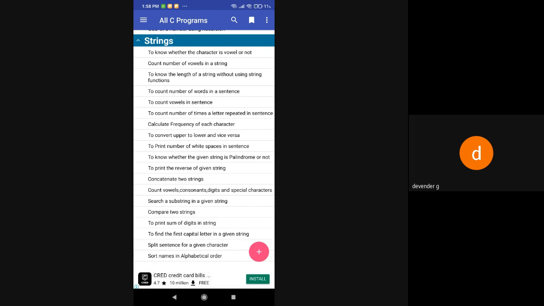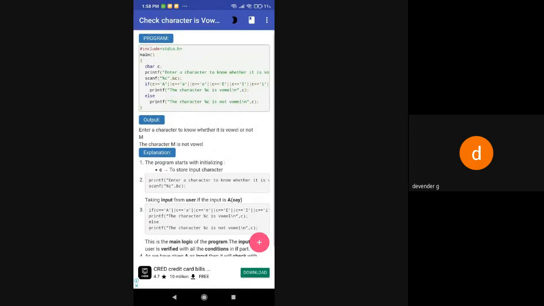Here I want to know how to use some string functions, ready-made functions. So how are we going to execute this one?